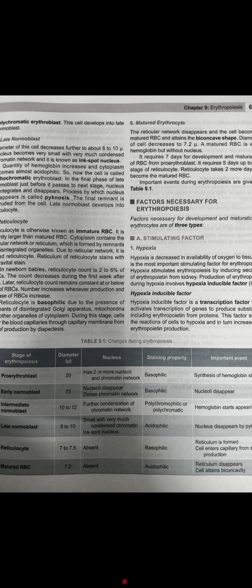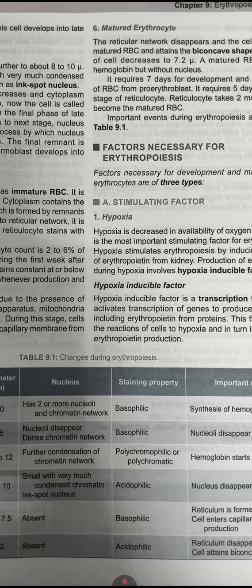Next, staining properties. In pro-erythroblast it is basophilic. Second stage also basophilic. Third stage is both acidophilic and basophilic. We call this chromophilic. Then late normoblast is acidophilic. Reticulocyte is basophilic, and then mature RBC is also acidophilic. This is very important. Because of absence of all the reticular structures and only hemoglobin is present, that's why